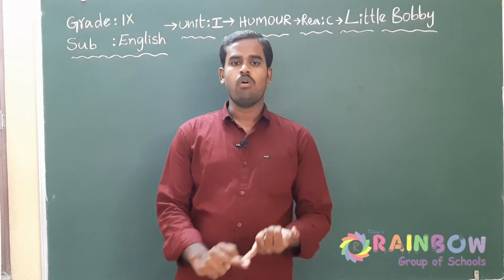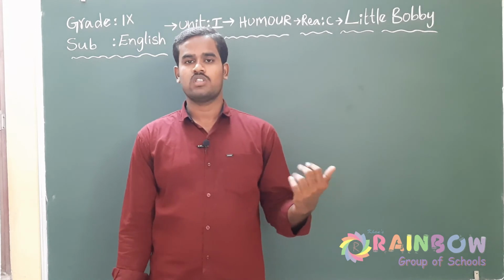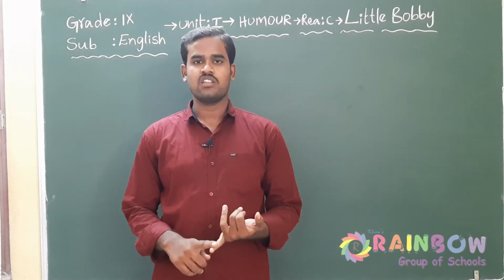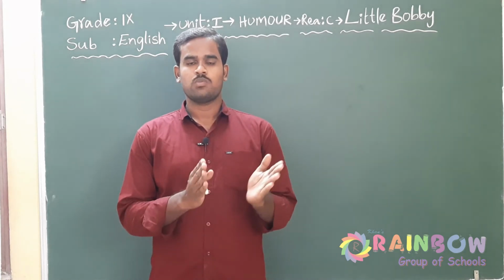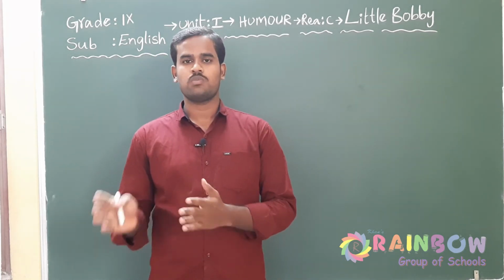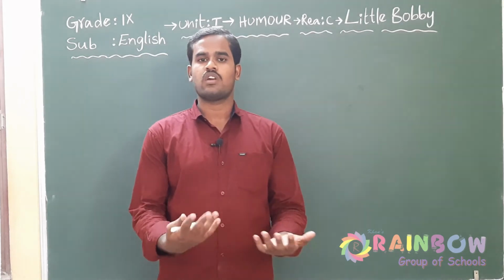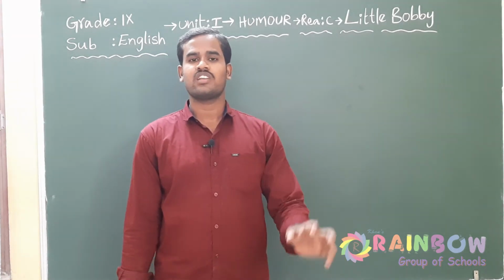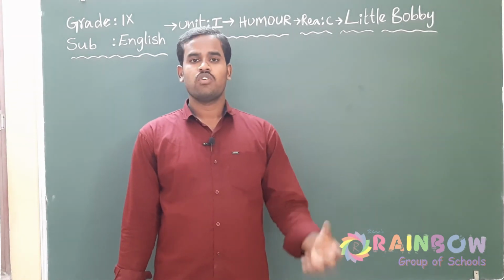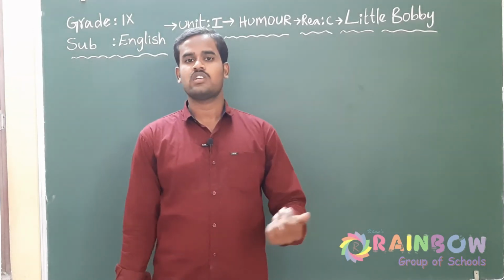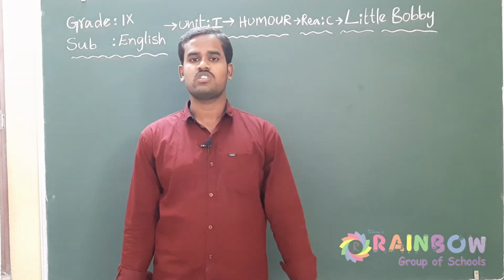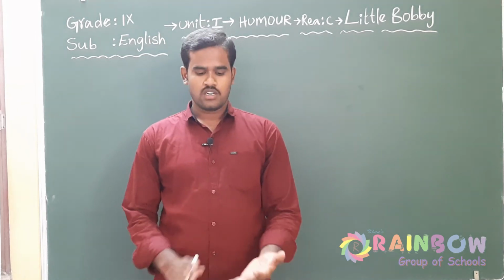There was a boy named Bobby who was a troublemaker, and he planned that he should get a bike at any cost for his birthday. When his birthday was coming up, he went to his mother and asked for a bike, but she told him that he doesn't deserve a bike. If you feel you deserve a bike, then go and write a letter to God. She advised him, and he went into his room, which is on the first floor, and he started writing letters,